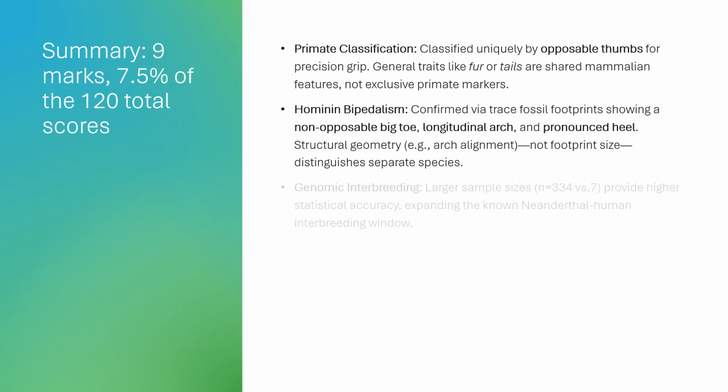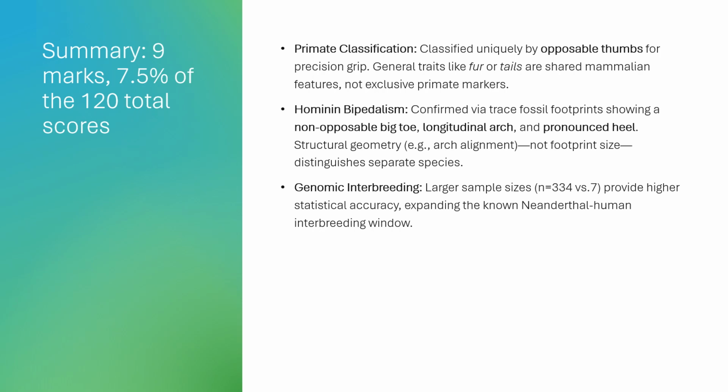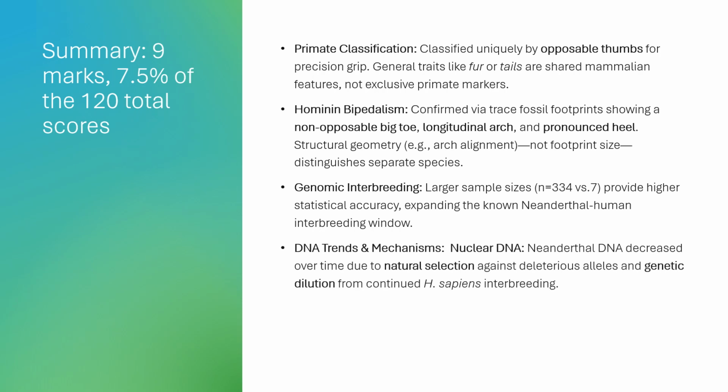Structural geometry, e.g., arch alignment, not footprint size, distinguishes separate species. Genomic interbreeding, larger sample sizes, n equals 334 versus 7, provide higher statistical accuracy, expanding the known Neanderthal human interbreeding window. DNA trends and mechanisms, nuclear DNA,